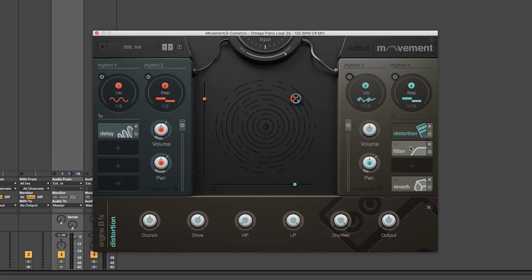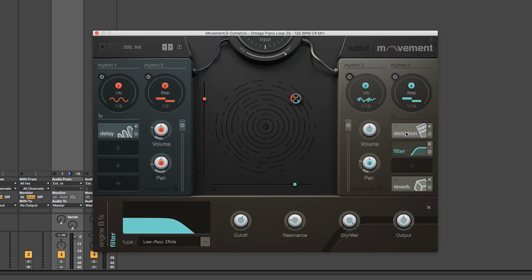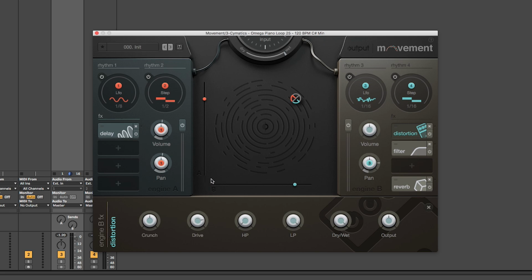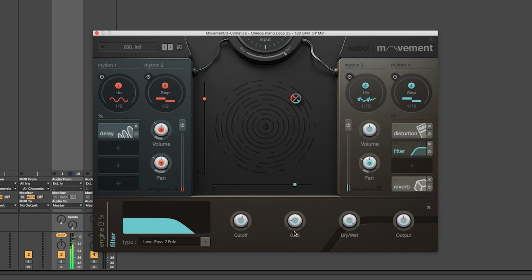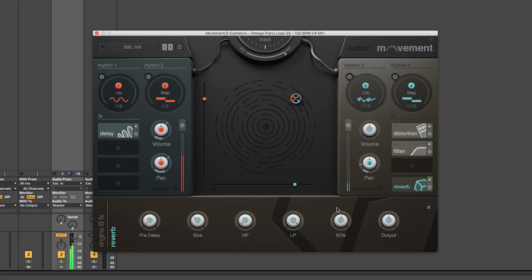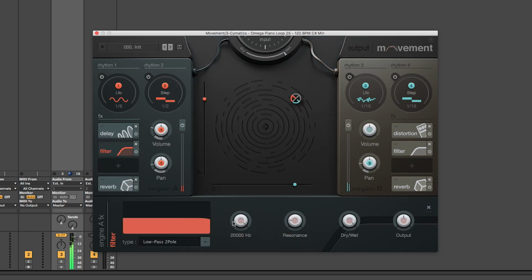So the filtering, bring down the cutoff, and I'm going to bring up some drive. So pretty quick, I have a very